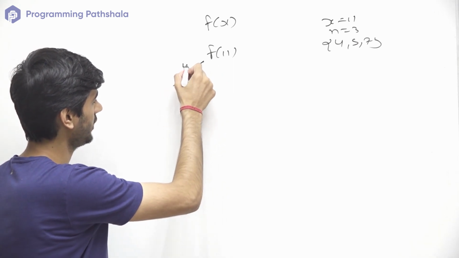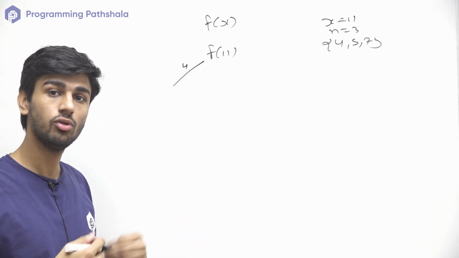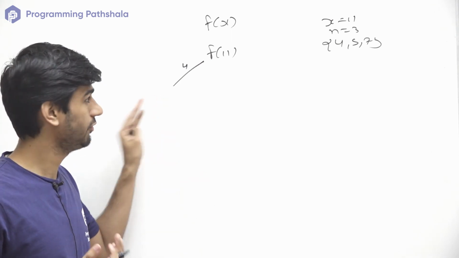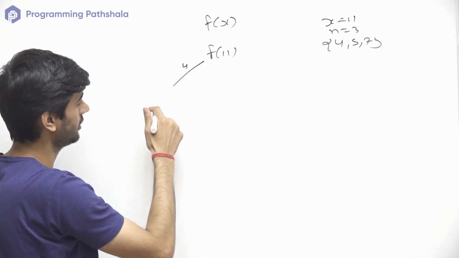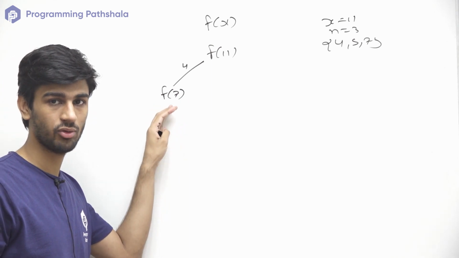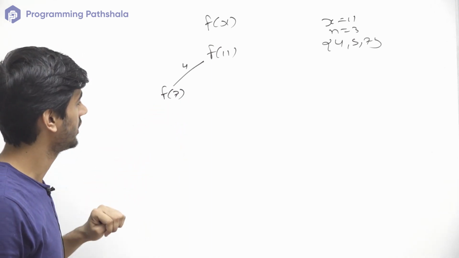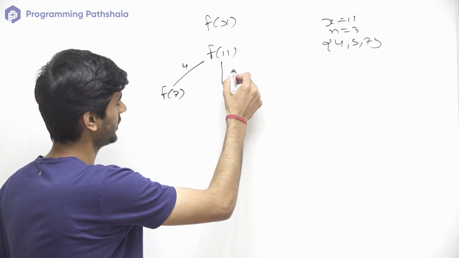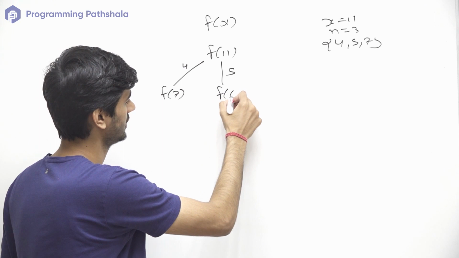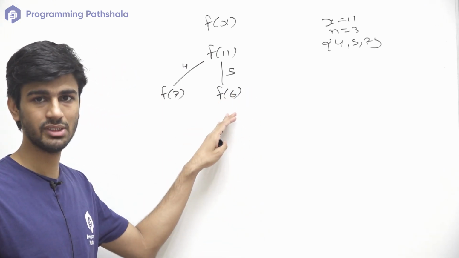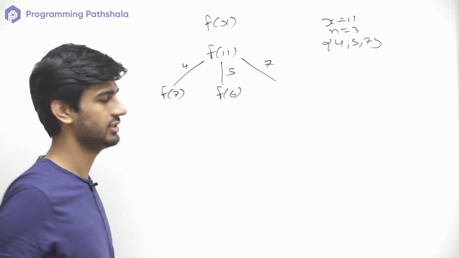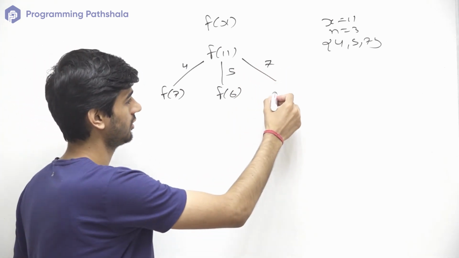So if we pick a coin with value 4, in that case we would want to find out the minimum number of coins that are required to get a sum of 7. And if we want to do so, then we can call this same function for f of 7, and this will return us the minimum number of coins that are required to get a sum of 7. Okay. Now for the second possibility, we can pick a coin with value 5. In that case, we would want to find out f of 6, the minimum number of coins required to get a sum of 6. And for the third possibility, we can pick a coin with value 7, and in that case, we would want to find out the value for f of